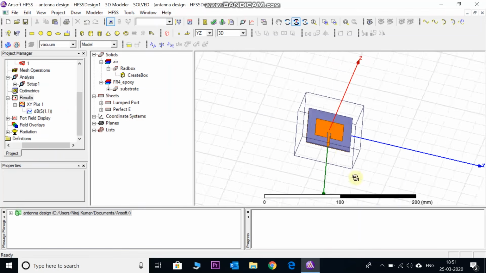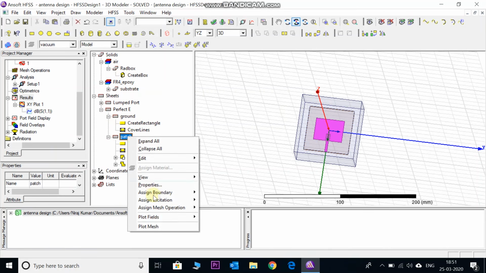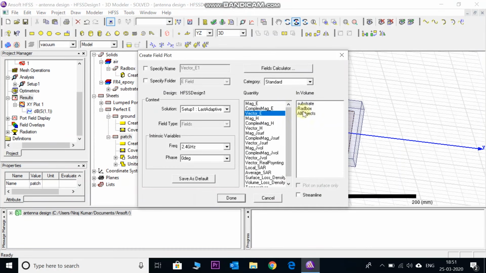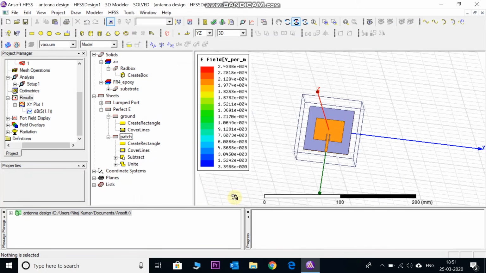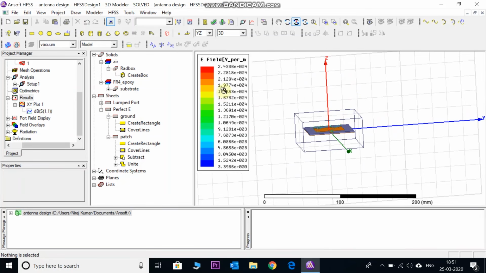Now right click on the patch, this is perfect E and this is patch. Right click on the patch and go to plot fields and electric field, select vector E and here select all objects. It's done. So it will show the electric fields. I will change the